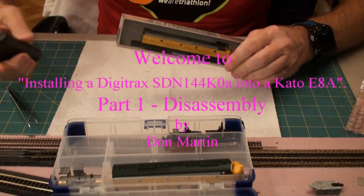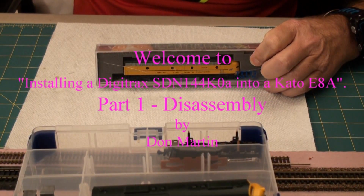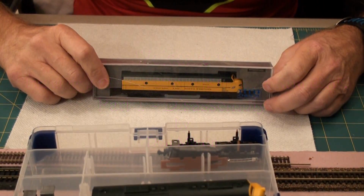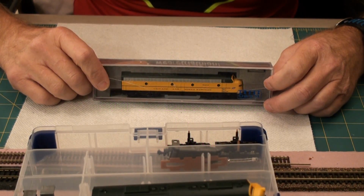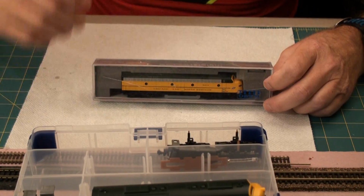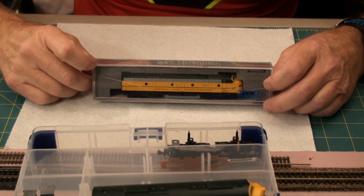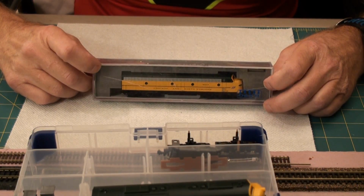Alright, today we are going to show you how to disassemble a Kato E8A. I want to convert it from DC to DCC, and in order to do that, it has to be disassembled. I plan to send the frame out in order to be milled so that there's room for a speaker, because I'm going to do a sound conversion, and room for the capacitor, because on this particular